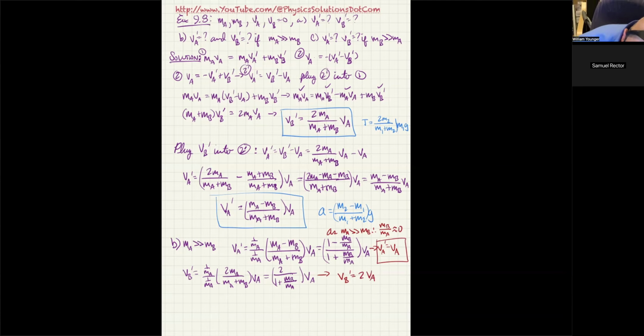So if the Mack truck hits the Prius, for instance, while driving 60 miles per hour, then the Prius is going to take off from that collision at 120 miles per hour. That's devastating. That's really what's bad about huge vehicles being on the road next to small vehicles. As long as everybody's driving and paying attention like they're supposed to, no problems. If someone screws up, whether it be the small car or the big car or just a third party that makes the other cars hit, then all bets are off and bad things can happen. So just keep that in mind.